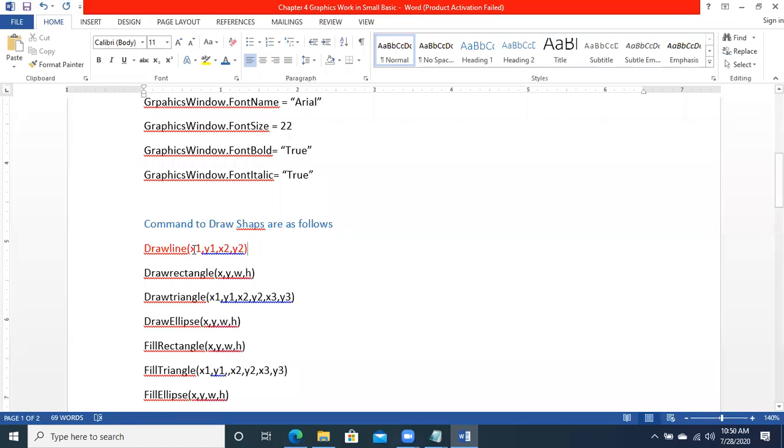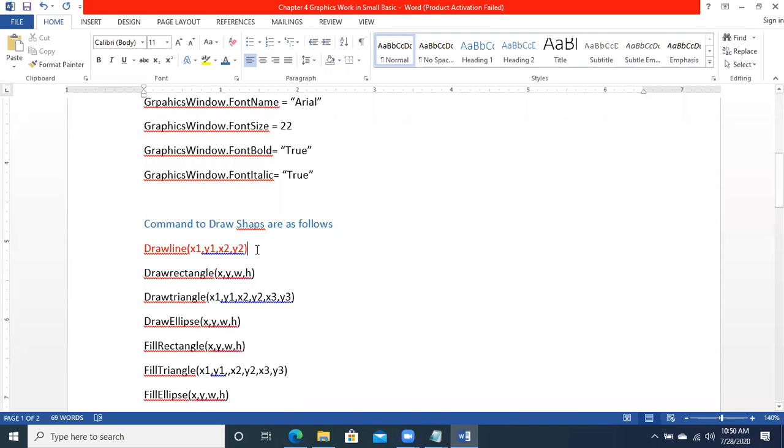There are four coordinates that we have to mention: x1, y1, then x2, y2. These mention the starting and ending positions of the line.